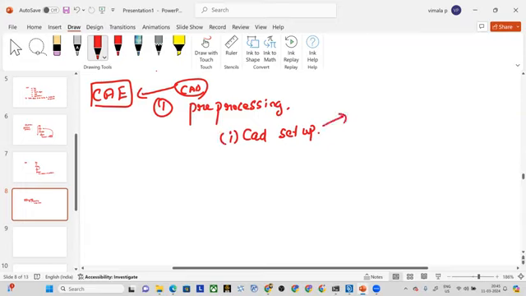Under this, you will go for CAD geometry cleanup if there are necessary things to be done. Okay, so I'll tell you what is CAD geometry cleanup. See, basically, let's say for example, you are going to do some analysis on a particular component which was actually modeled by the CAD model department, and then you are receiving that file. You can't directly just like that go for the meshing